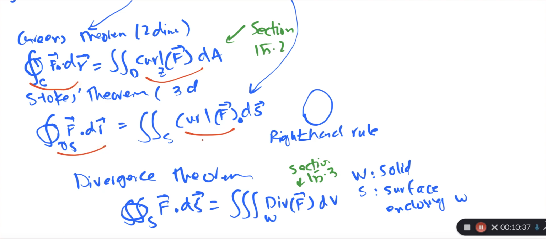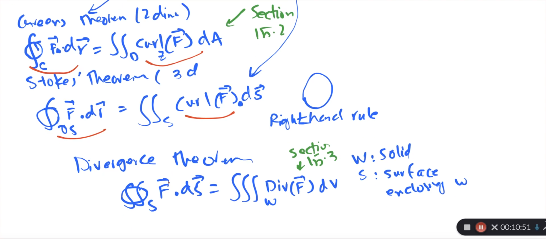So the right hand side is the sum of the little rotations, which adds up to the rotation over the boundary. And with the divergence theorem you're saying that the stuff that gets out of the